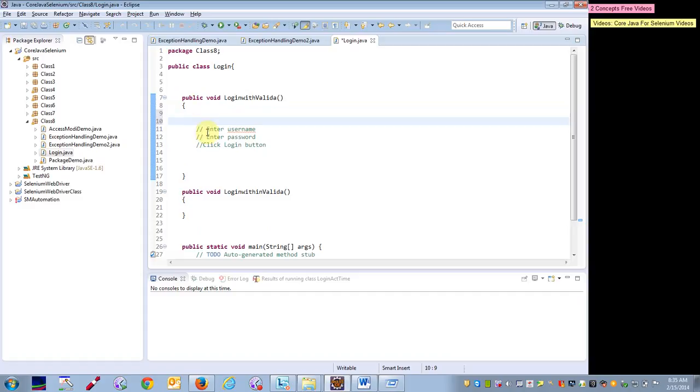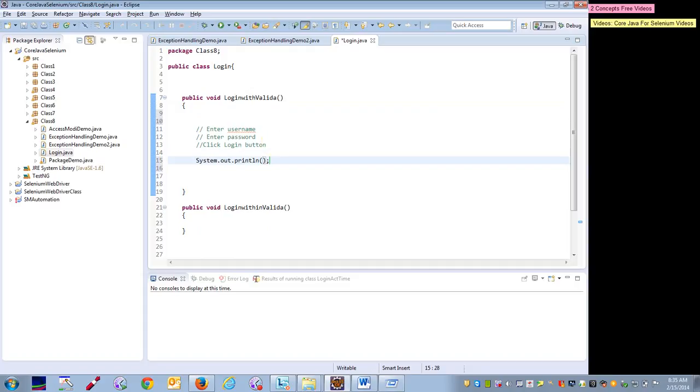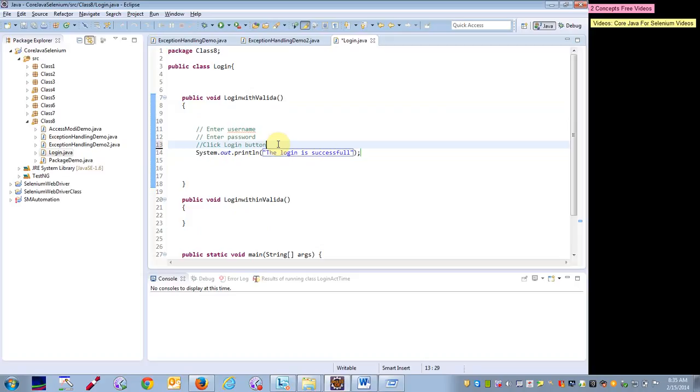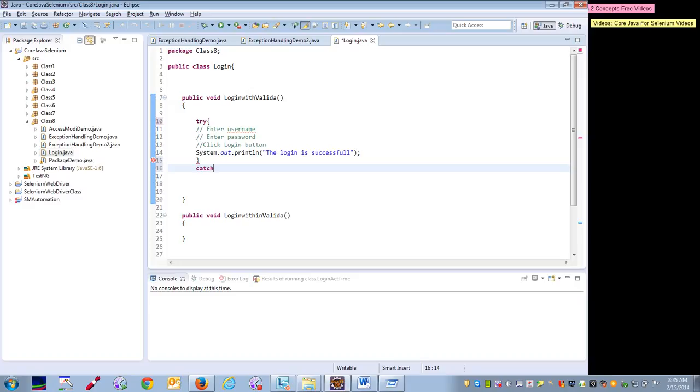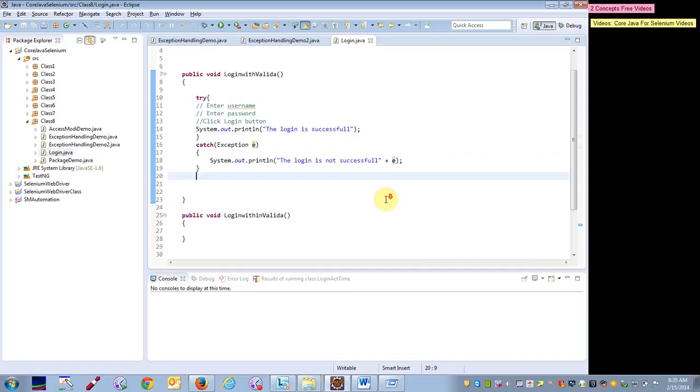So you would get System.out.println, the login is successful, when all these lines are executed. There are chances any line could give a problem. So what do you have to do? Try this code. If any exception comes, catch that exception and display a relevant message, some message: the login is not successful. So some exception is thrown. What is that exception? E. When I run this code,